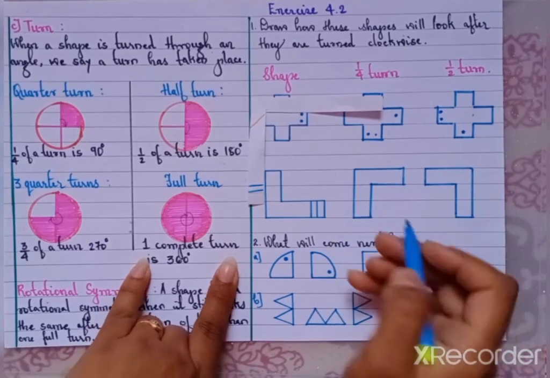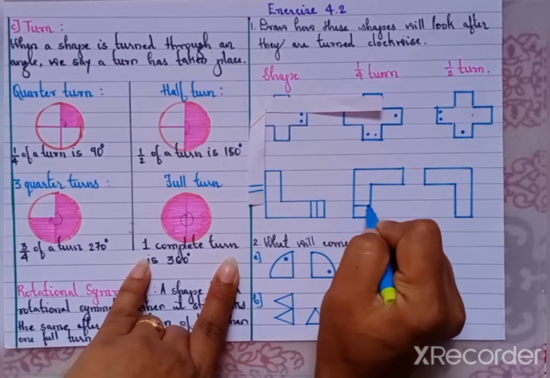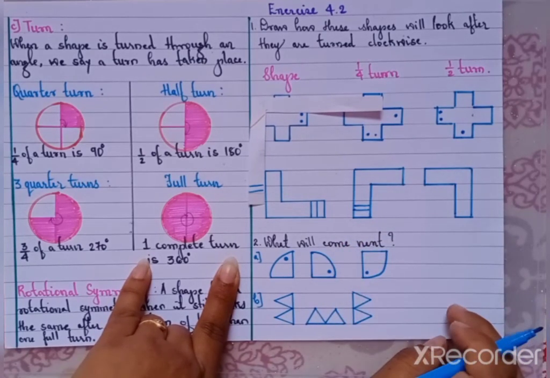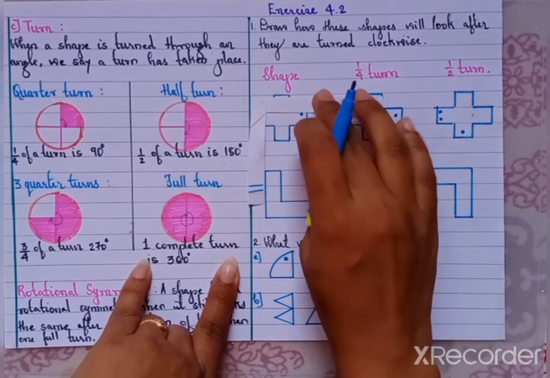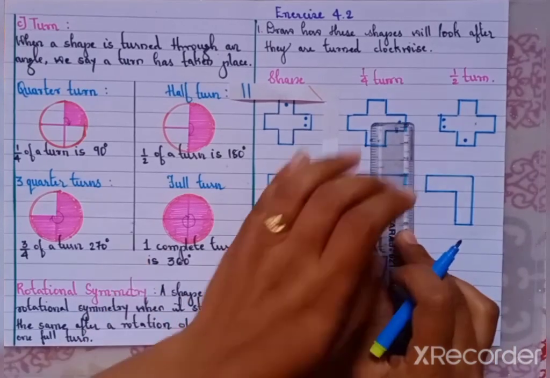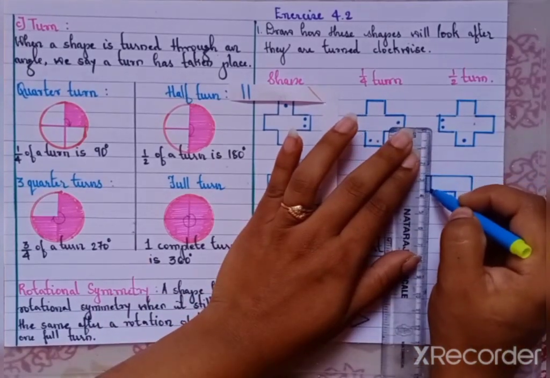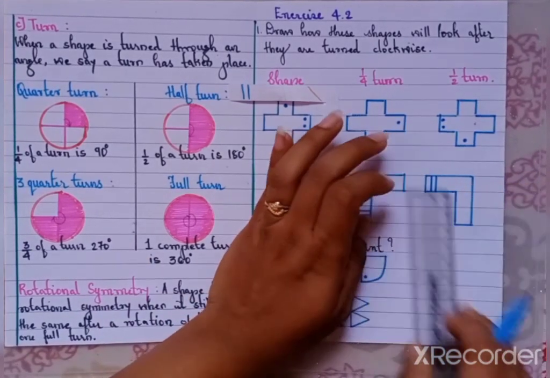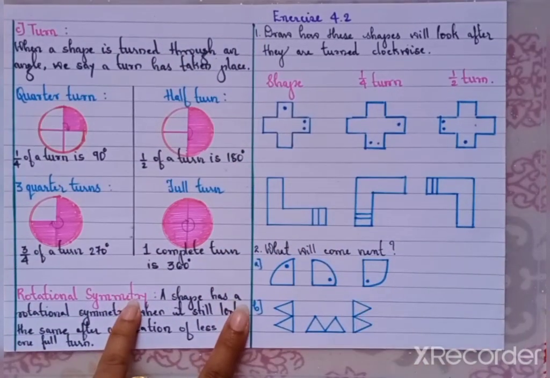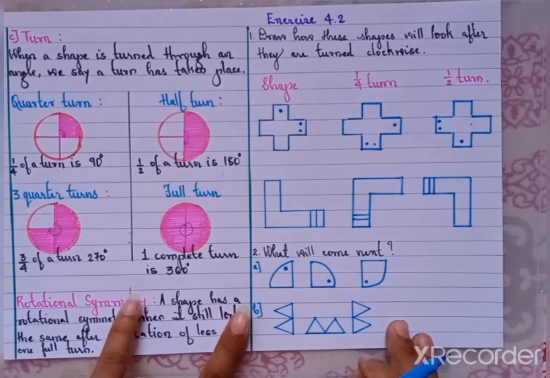So where do the 2 lines come? The 2 lines will come here. Okay, next again I have to make 1/4 turn, so that makes it half. So I need to make this. So let's draw 2 lines here. So that completes our half rotation. Okay, this is how we have to understand and complete the picture pattern.